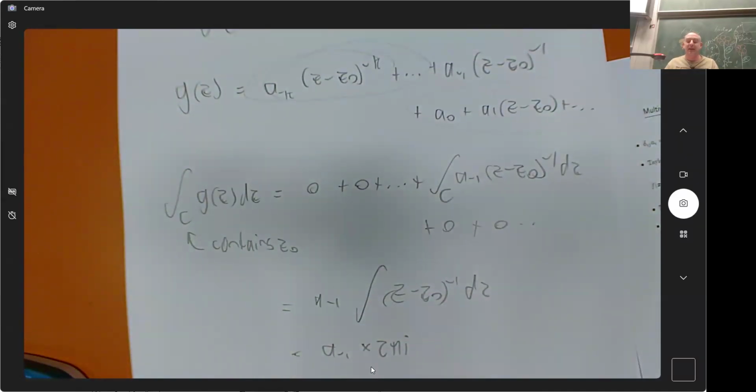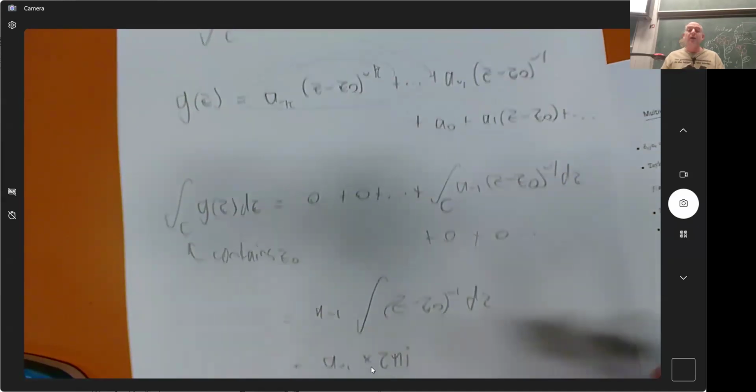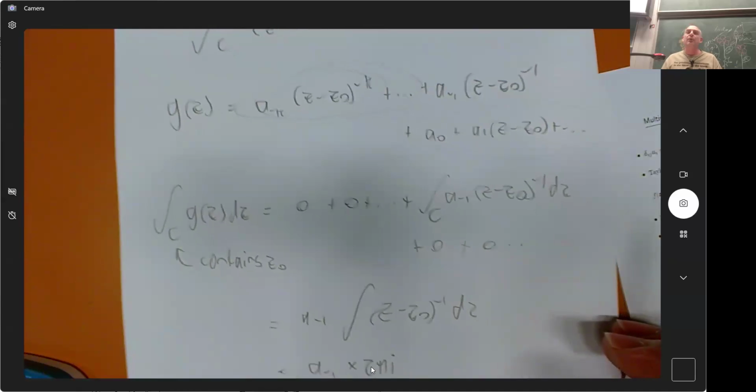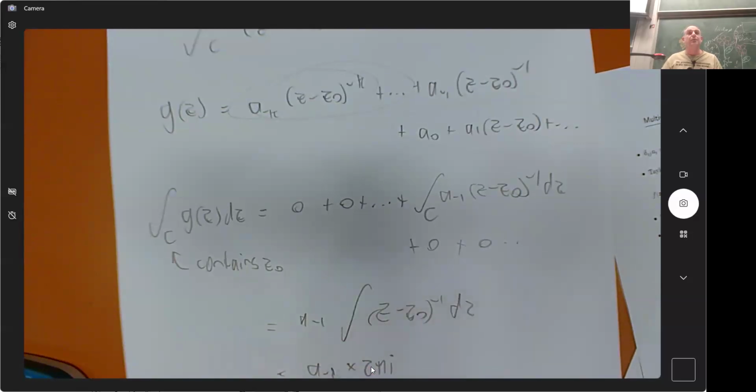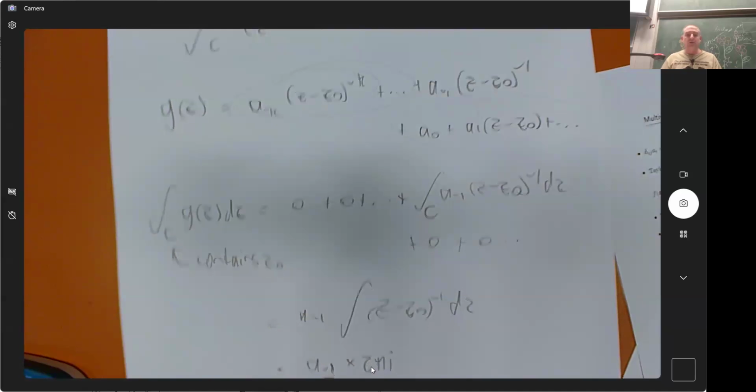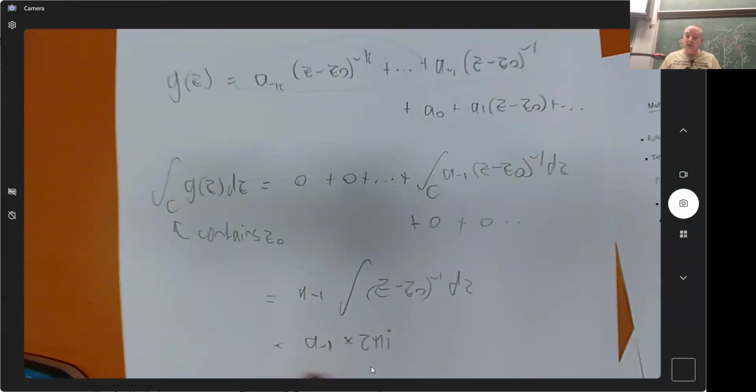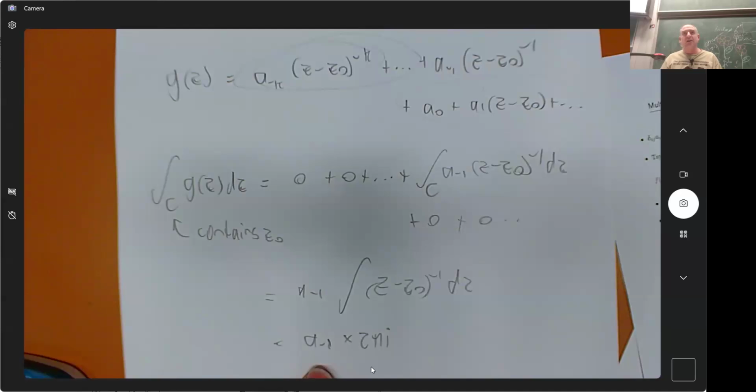Magic. It's the cutest and stupidest thing, right? Stupid in the sense of we've set up all of this really clever stuff to make it seem stupid. So, yeah, there you go. And that is why it is the way it is. And since it is the a minus 1 term in the Laurent series, that must mean that you get it by differentiating your function k minus 1 times and subbing in the center.